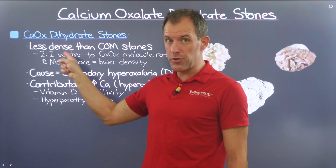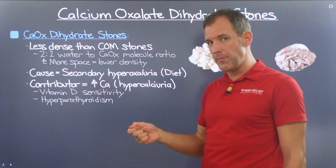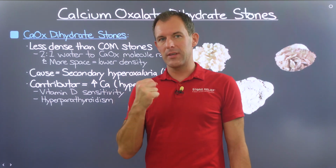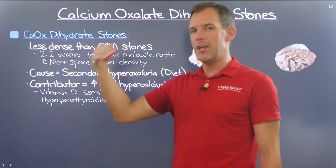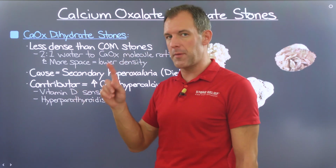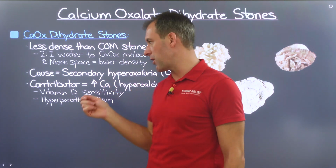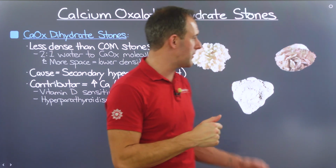This is the actual structure itself. This is what the stone is, but higher levels of calcium, also known as hypercalciuria, is what really drives calcium oxalate dihydrate stone formation. And aiding in this issue with calcium is vitamin D sensitivity, which we've covered in other videos. And then there's also possibility for some hyperparathyroidism, some hormone malfunction that also deals with the shuttling around of calcium throughout the body. Stay tuned for the next chapter where we'll dig in to talk about this first stone type,